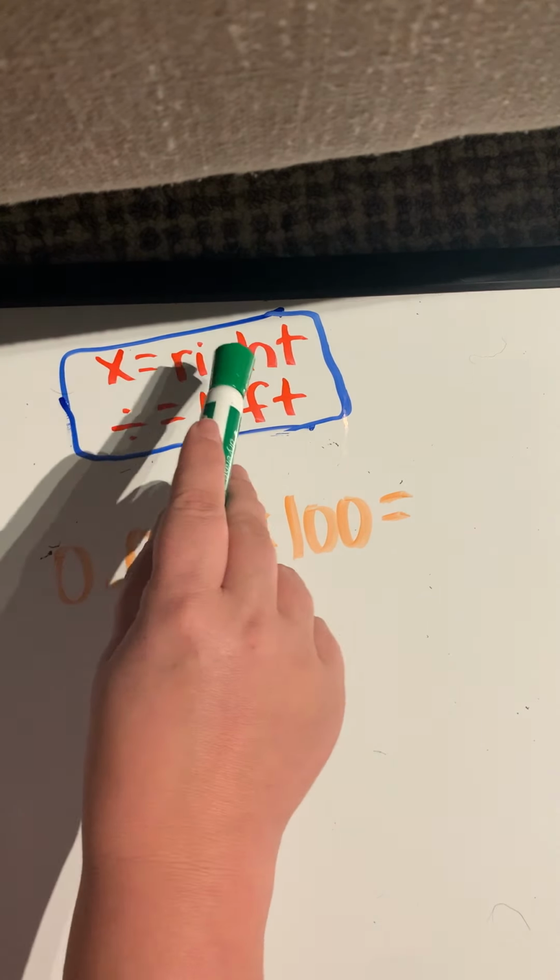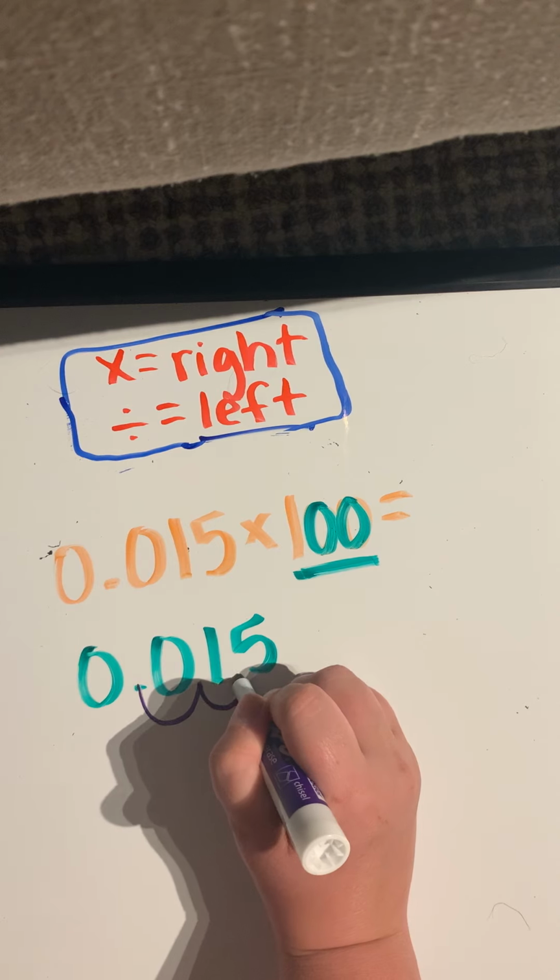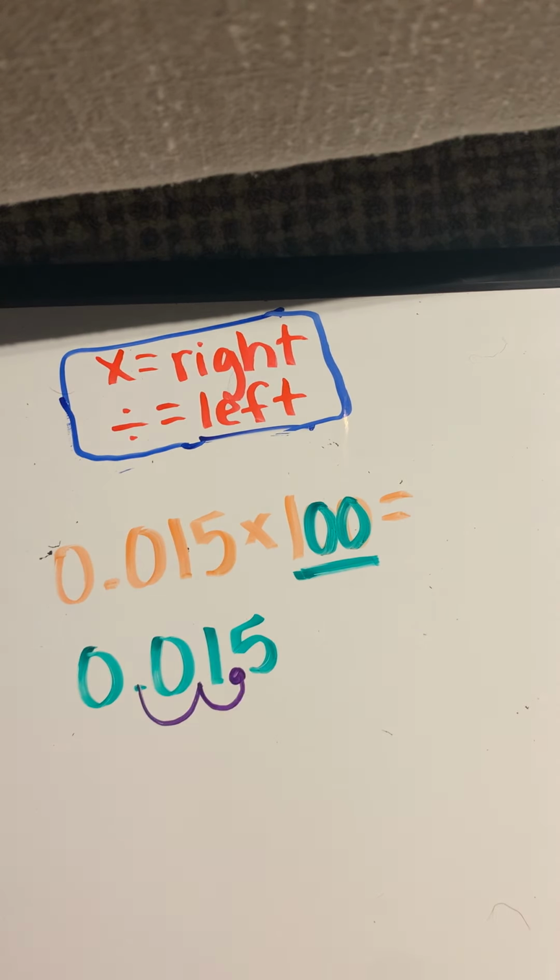So that shows me that I am going to need to move this decimal 2 places because of my 2 zeros to the right. I'm going to go ahead and do that with a different color so you can see. 1, 2. All right? So that would give me